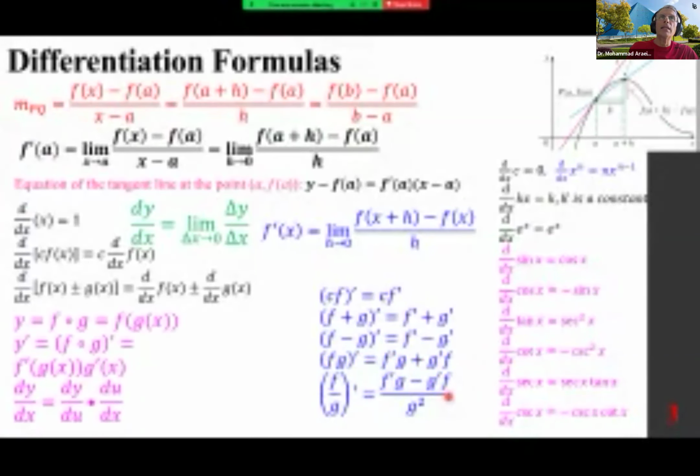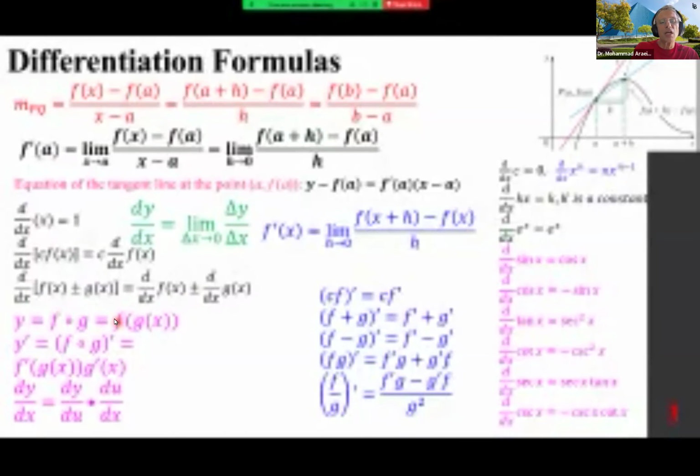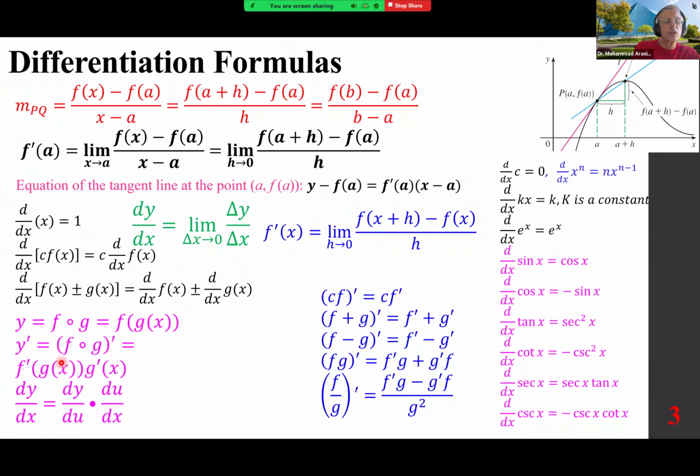And now we are adding the chain rule, first reminding you of the composite function f of g means f of g of x. And if we want to differentiate that, we get f prime of g of x times g prime of x. Remember, f is the shell function, the outer function, the main function. g is the inner function. So we take the derivative of the outer function, and then we multiply by the derivative of the inner function. dy/dx is dy/du times du/dx. This is in Leibniz's notation, where u is the